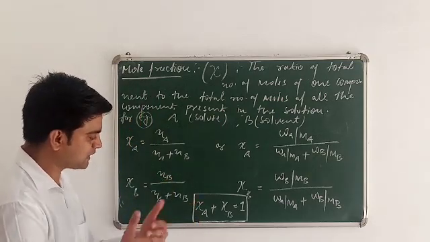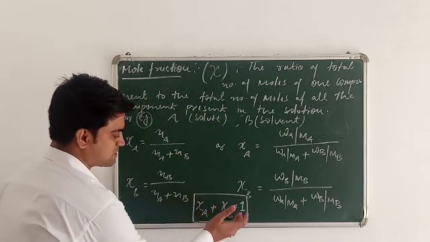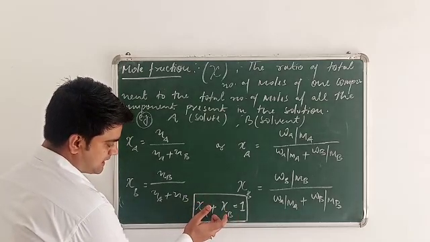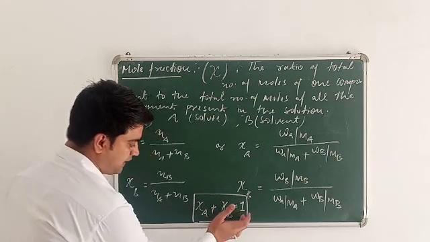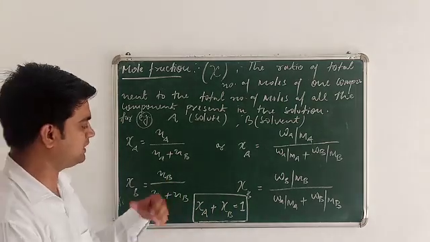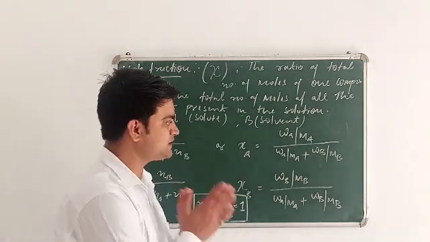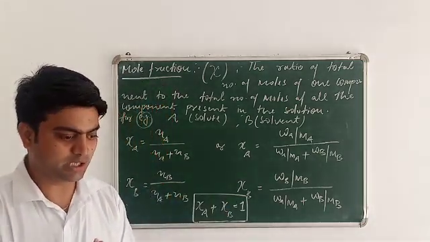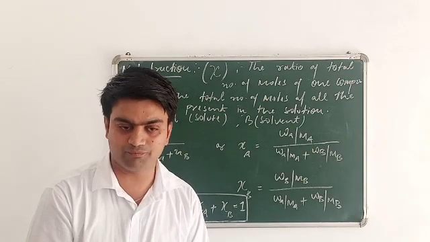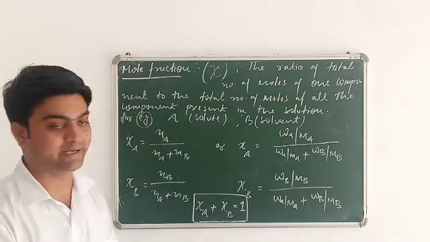Suppose you have calculated the mole fraction of A, then you can easily calculate the mole fraction of B by using this formula: chi A plus chi B is equal to 1, and by this formula you can calculate the mole fraction of one component by putting in the mole fraction of another component. Clear? So students, you have to mention all these units and also learn the formulas mentioned here, and solve a number of numerical problems from this solution unit, and I will talk about the next topic in my next video. Come on.